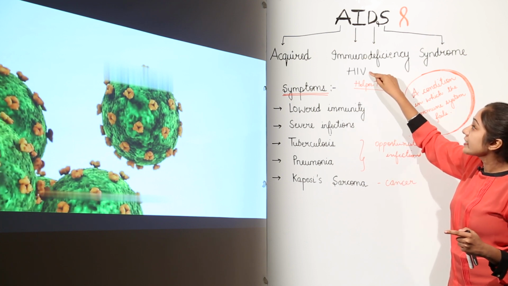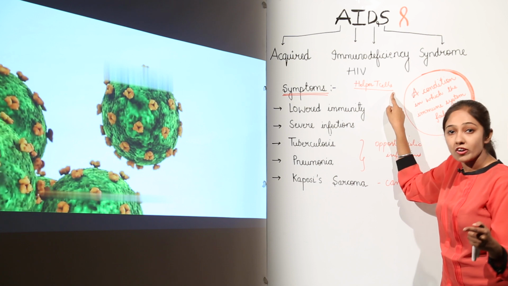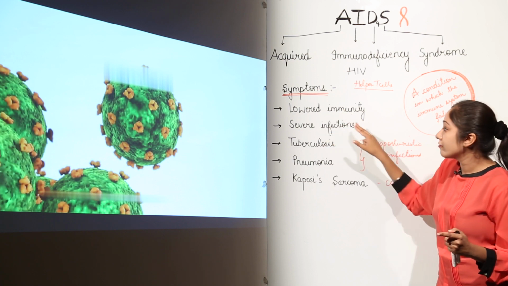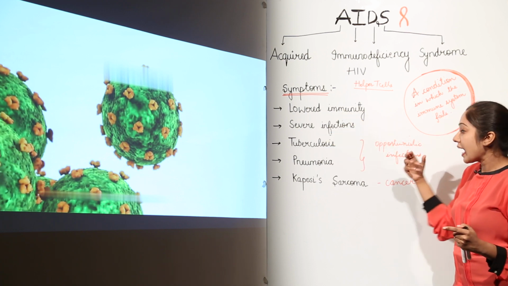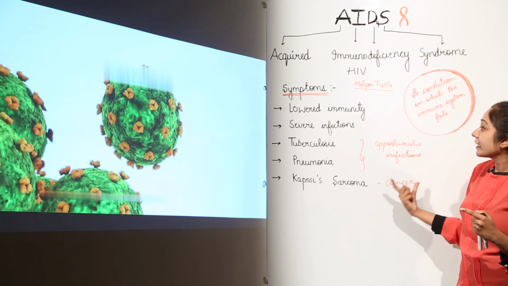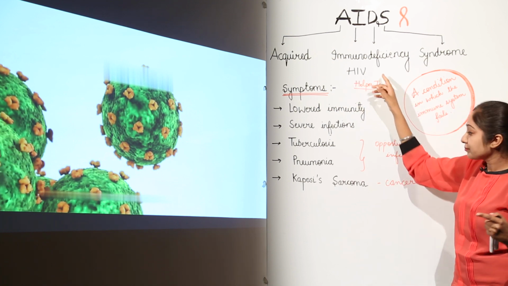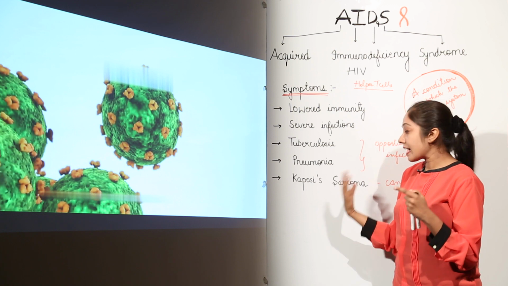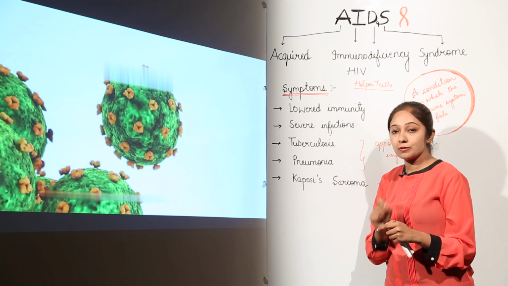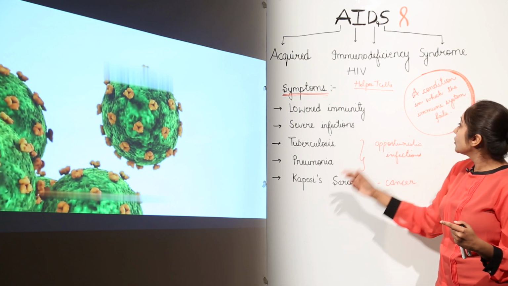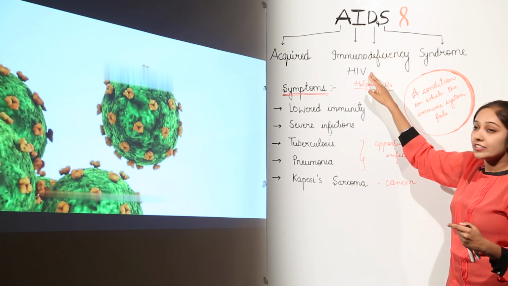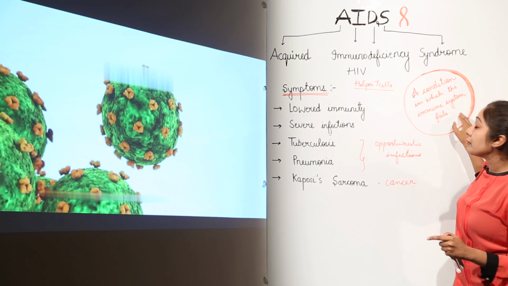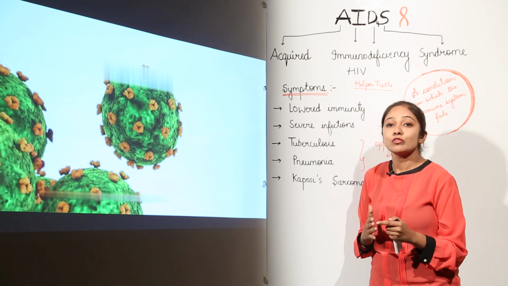So remember, HIV is going to attack the helper T cells of your body, which are very important from the defense point of view, and if they are attacked, you will have lowered immunity, severe infections, and many opportunistic infections also. And Kaposi's sarcoma is a type of cancer that is caused by this HIV virus. What happens in this case? It is a cancer in your blood vessel walls, and as a result you can see pinkish or red spots on your body due to this Kaposi's sarcoma. So remember that AIDS is caused by the HIV virus, which attacks the helper T cells of your body, finally making your immune system so weak that it will not be able to fight infections.